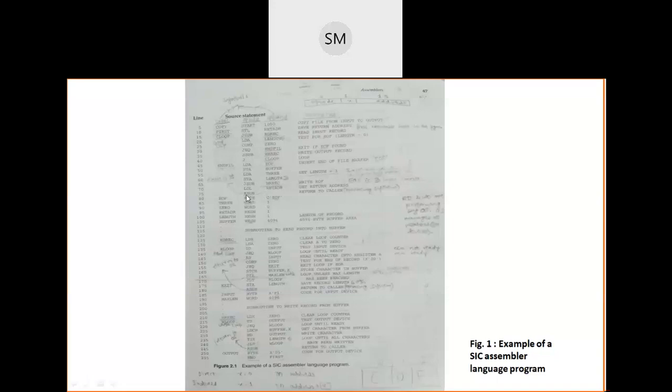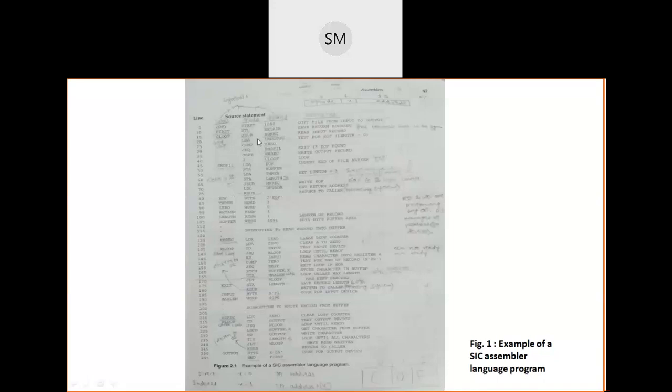Why are we executing it here? Even though read record is called by this copy subroutine and write record is also called by this copy subroutine, this copy subroutine itself is also called by somebody else. Are you understanding? The entire program is called by somebody, and that somebody is nothing but the operating system, OS. Your OS has called this main function. This main function has called the read record function, and it has also called the write record subroutine. So this main function is also called by somebody, and that somebody is nothing but OS.